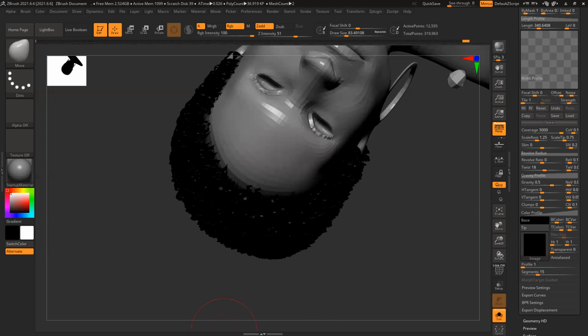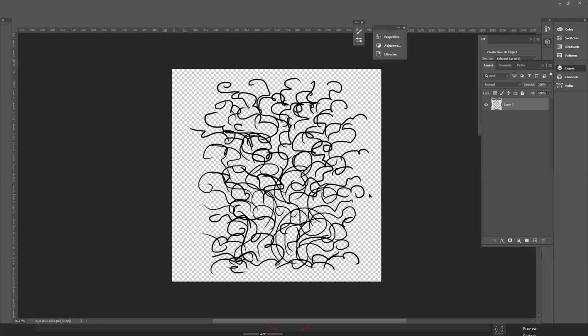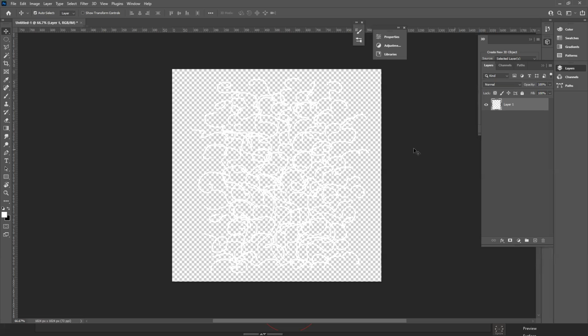Why do I not see the texture? If I invert this, still it will be black only, right?